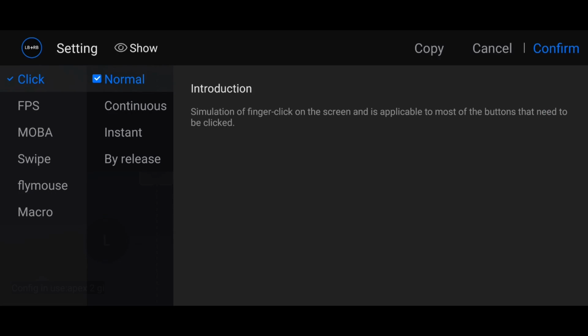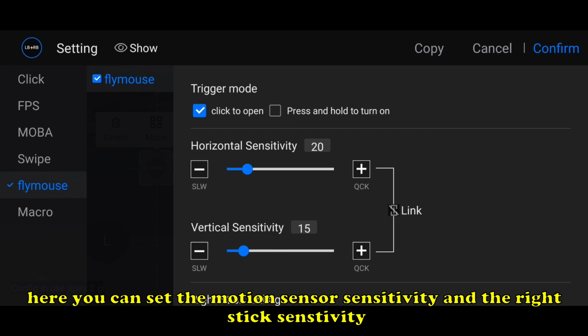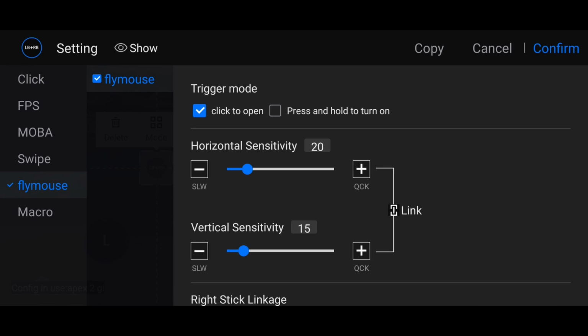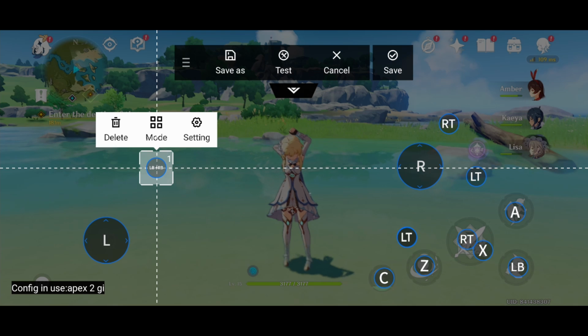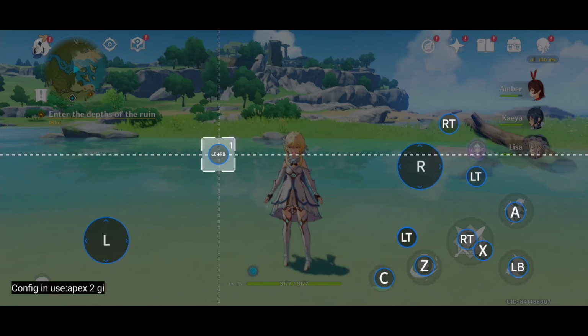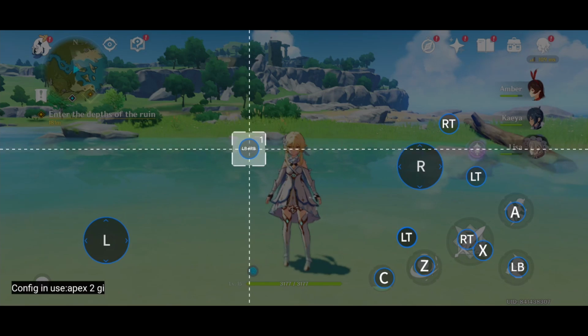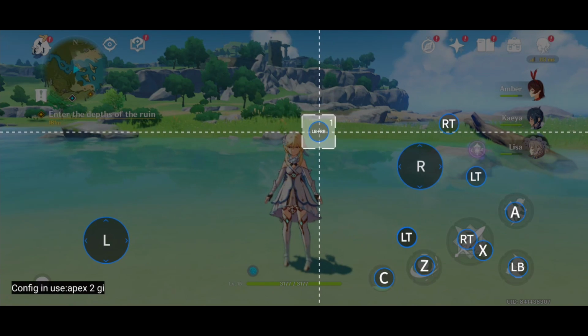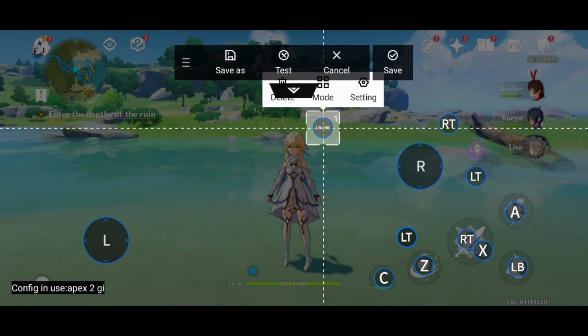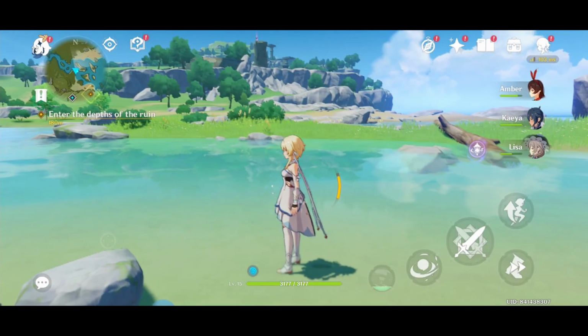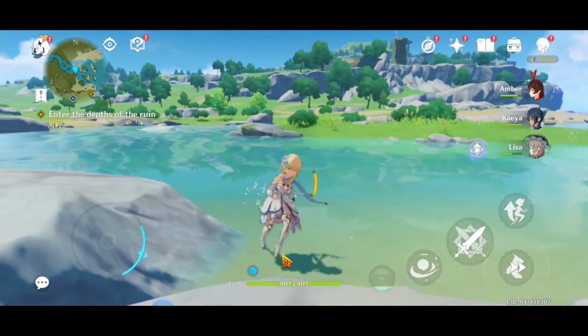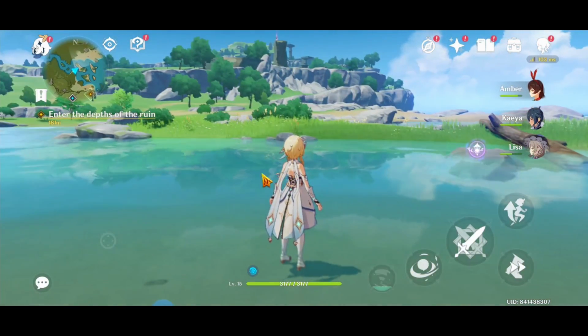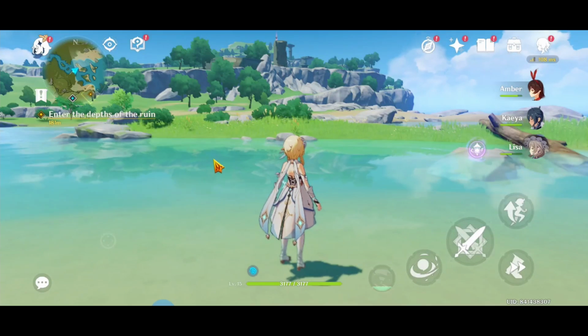Click it and then choose fly mouse. First behavior is the click to open, and you can choose the sensitivity for this. Let's click confirm, save. The feature for this is the cursor, so put this wherever you want the cursor to appear. So let's put it in here. Let's save. Let's press the LB and RB. So there's the cursor. If we press LB and RB again,